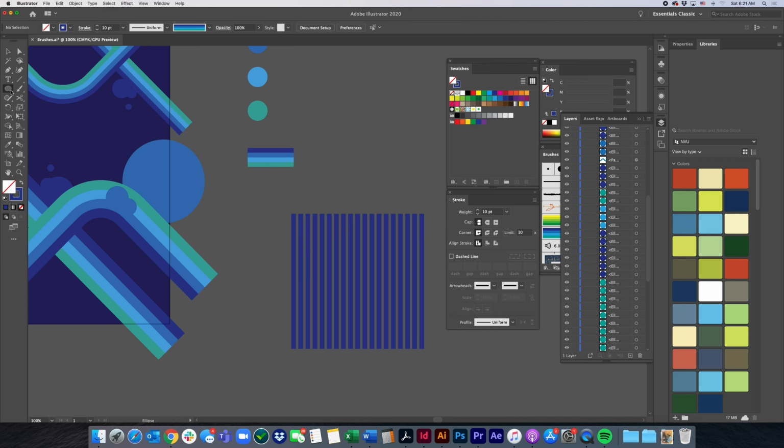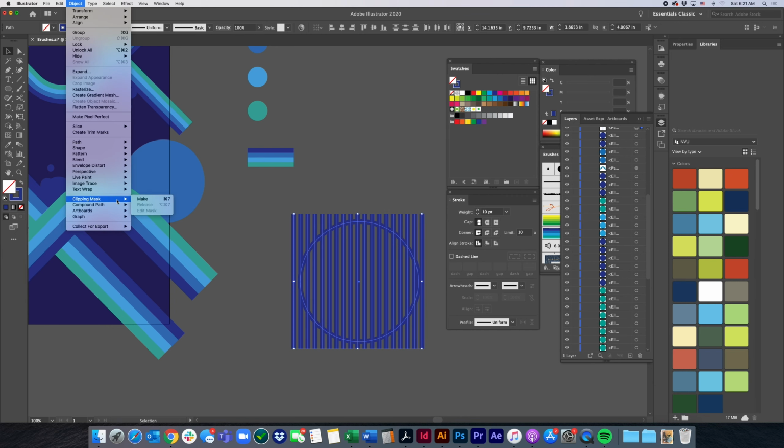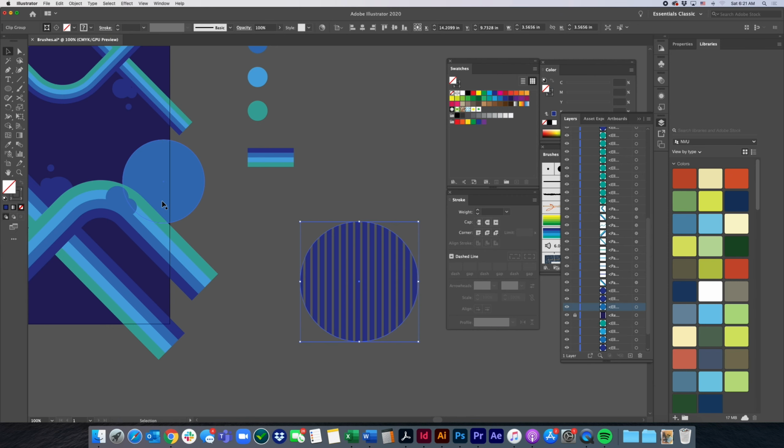And then I can take a circle and draw it right over top like that. So now I have a circle on top of a bunch of lines. If I select all of these, I can then go to Object, Clipping Mask, Make. And what that does is it crops everything so that everything inside of the object overlapping it falls inside of